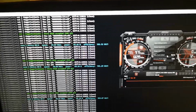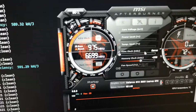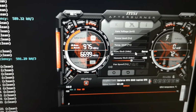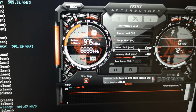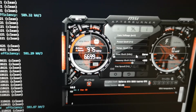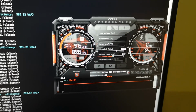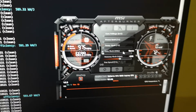With default settings, the temperature was not so good, about 79 degrees. So to reduce the temperature, I downgraded the core clock. Lowering it by 900 to 1000 is good for this laptop to reduce the temperature. Alright, the memory clock I changed to